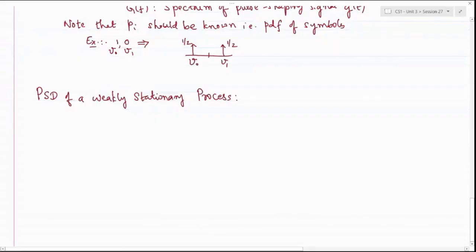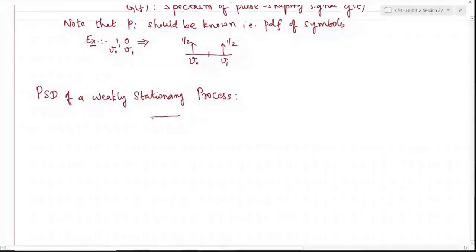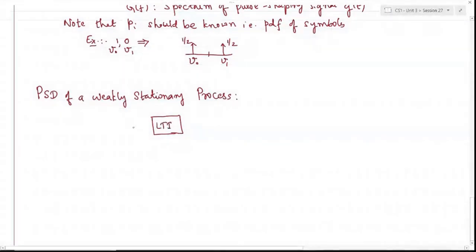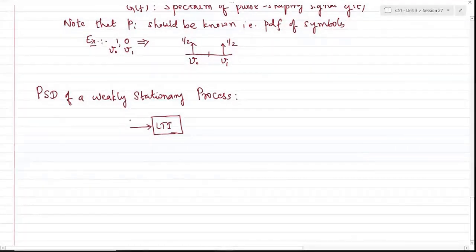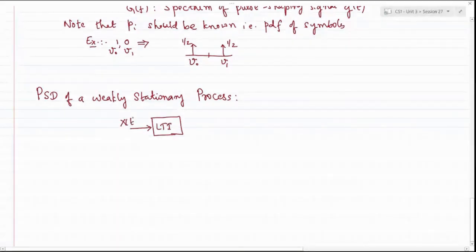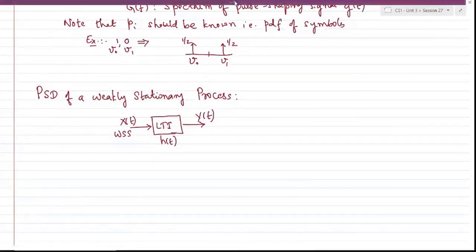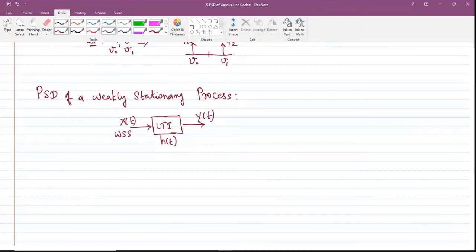You can check back your unit 1 where we have taken an LTI filter. If the input x of t is a weakly, wide sense stationary process, the output y of t, given that the LTI filter has an impulse response of h of t, then we know this is a known equation. I will not derive this